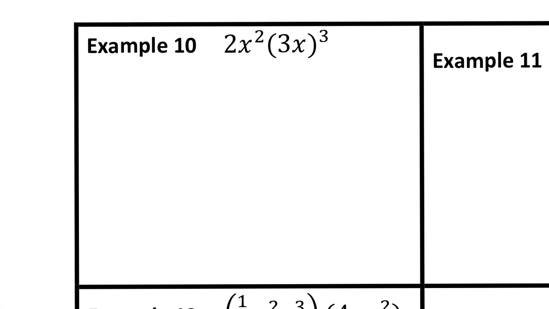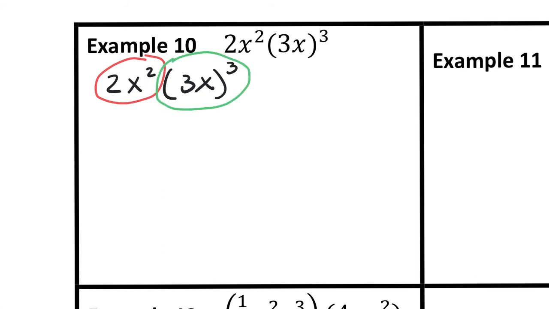Okay, so for this example, let me actually write it out again. Let me just copy it down here. And so what we're going to do is separate it, and we're going to say, okay, we have this part in front, and we have this part in the back. But we're going to just bring the 2x squared down, and the 3x to the 3rd,